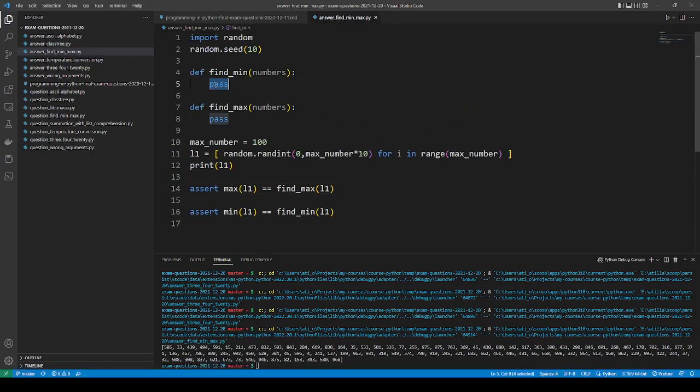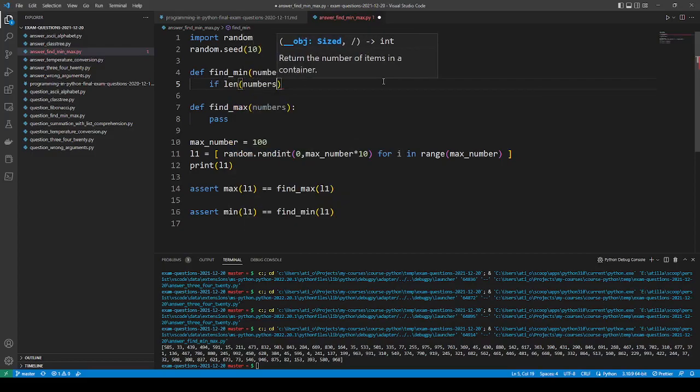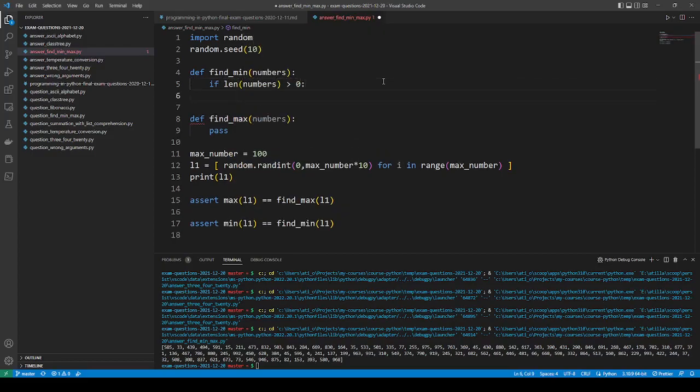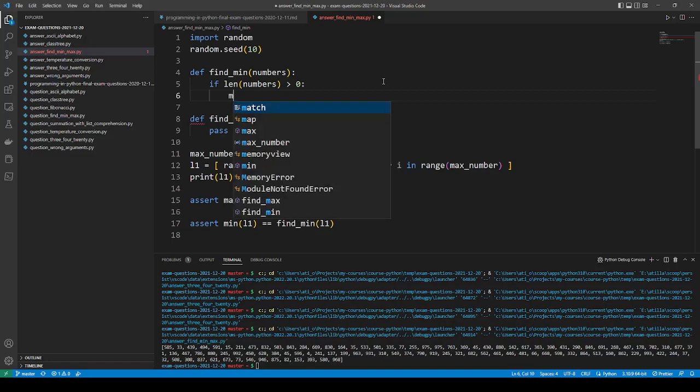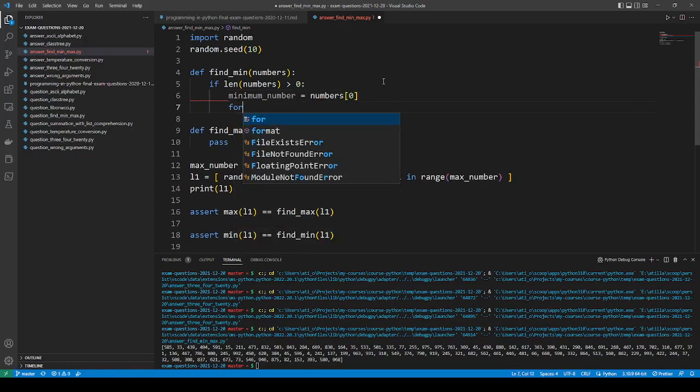Okay, how can I find the minimum and maximum numbers? I can start with: if length of numbers is greater than 0. If there are no numbers, what can I return? I cannot return anything, but I should have something in my list, and therefore I am starting with the minimum number equals numbers[0], and for num in numbers,